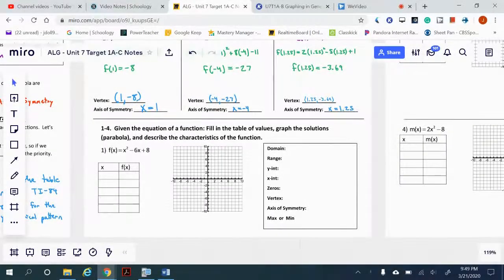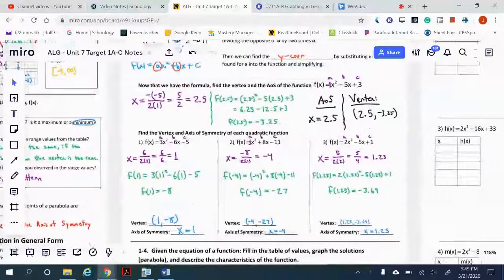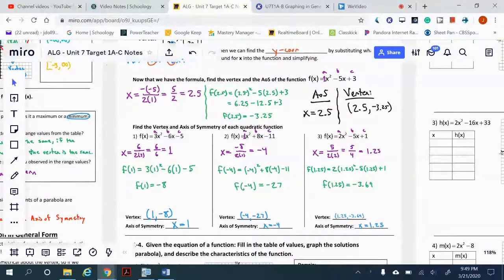All right, guys, welcome back for our fourth and final installment of the Unit 7 Target 1A B note videos here. This is number four, last but certainly not least, because we're going to put everything together in this video here. All right, so in the last video, in video three, we learned how to algebraically, using our formula, find